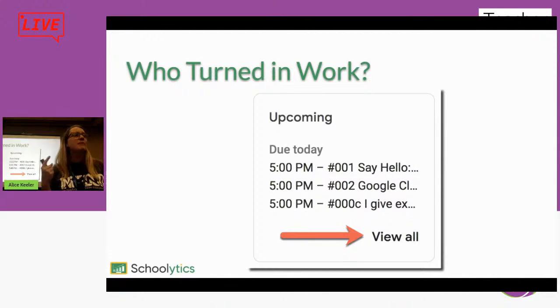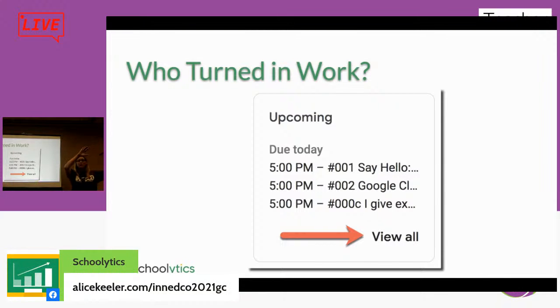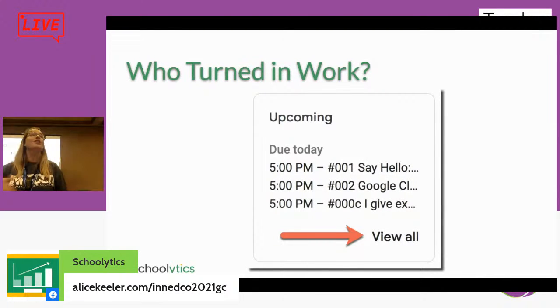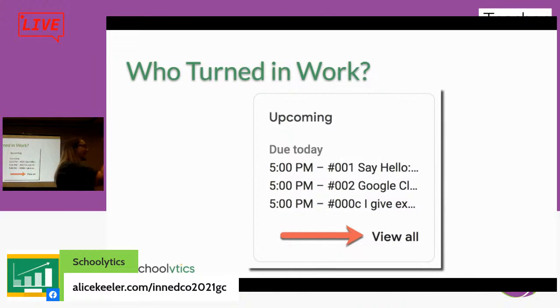But here's a hack. Maybe you didn't know this. It's an Easter egg when you're actually in the class itself. You know this little bubble that says Upcoming, and it shows you things that are due within the week. When you click on View All, it takes you to the to-do list, but pre-filtered for that class. Because what happens for me is when I click on To-Do from the classes page, because I put all my stuff in there, it loads up all my classes, all my assignments, and it takes forever to load. So this way it loads a lot faster because it's pre-filtered for that class.